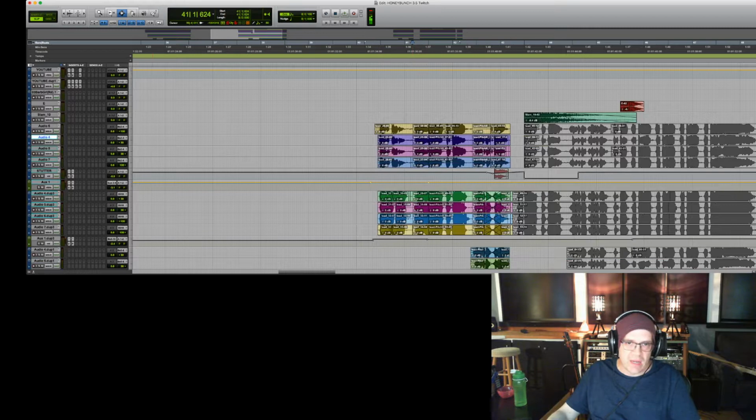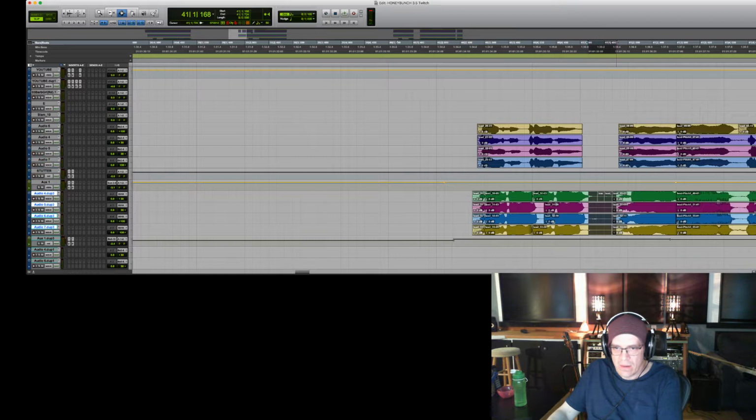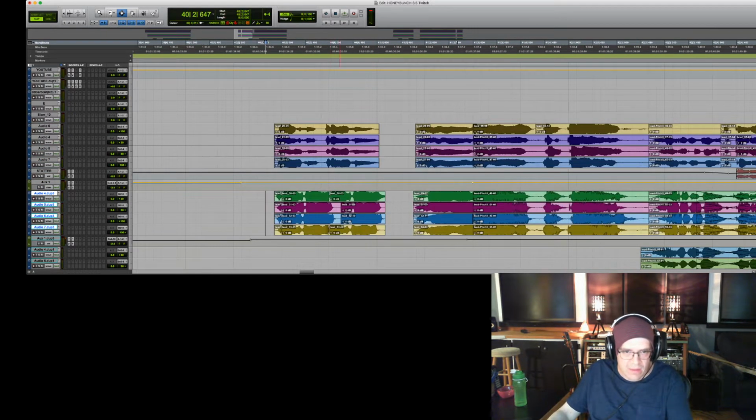But because this is a demo, I haven't gone through and lined up all those transients, and so there's all this stuff between the words, and it's no crossfades. Little things like this do my head in if I was actually doing a record, but for right now, I can stomach these sorts of things. If you listen to these vocals, let's see.